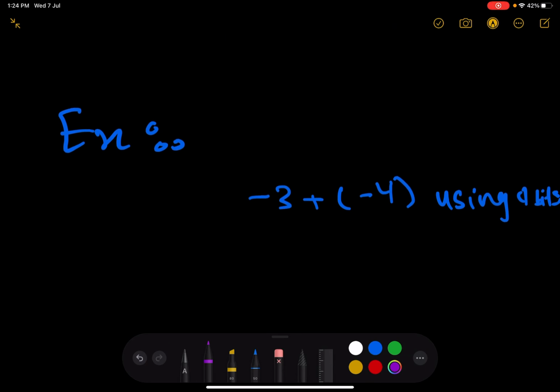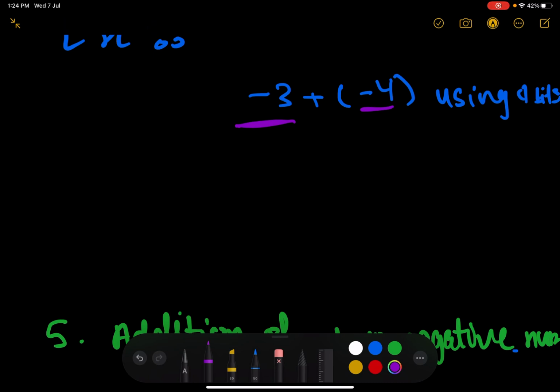So we have here -3 and -4. In this case, both of the numbers, we're going to convert them to binary and then find the twos complement for -3 and -4 as well. Let's start with -3. So 3